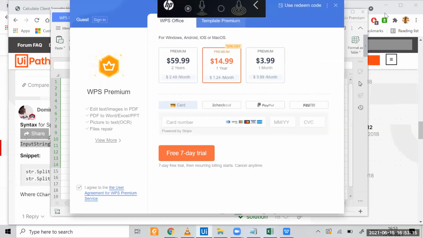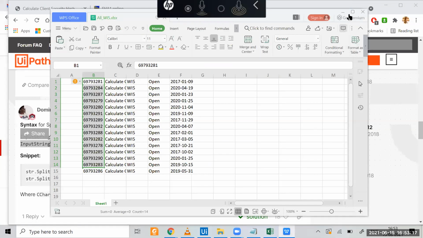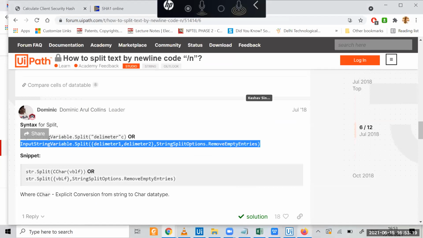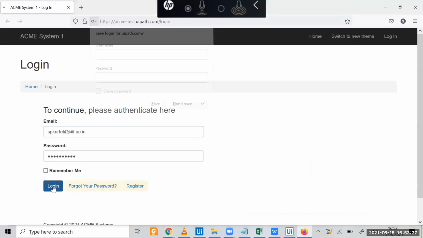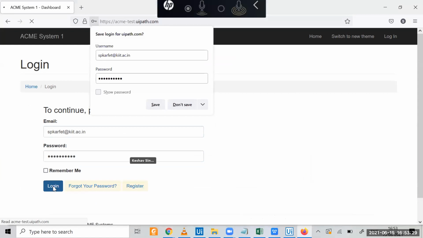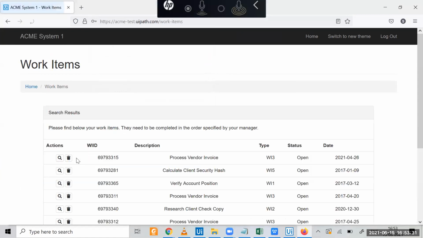Okay, let me close these things. So it will start from the starting. That means it will go to the web page, login, then click on the work item, then it will search, it will do the scraping.